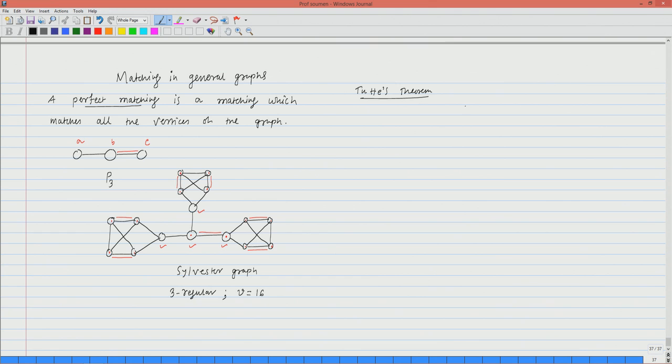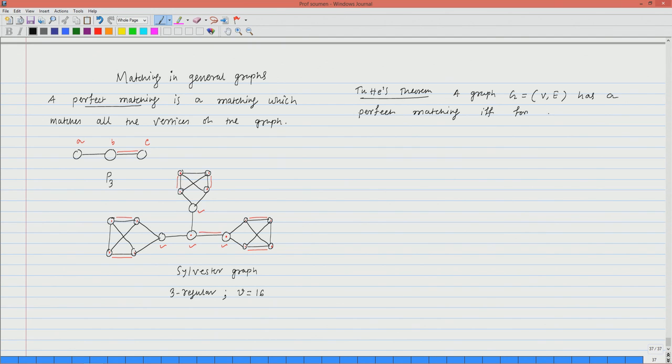A graph G = (V, E) has a perfect matching if and only if